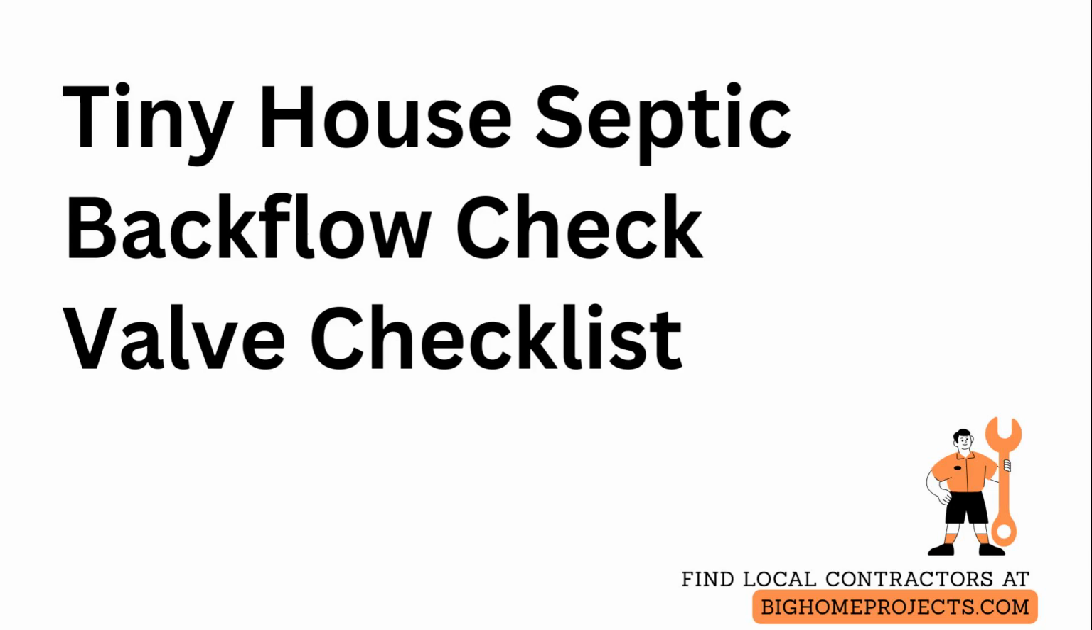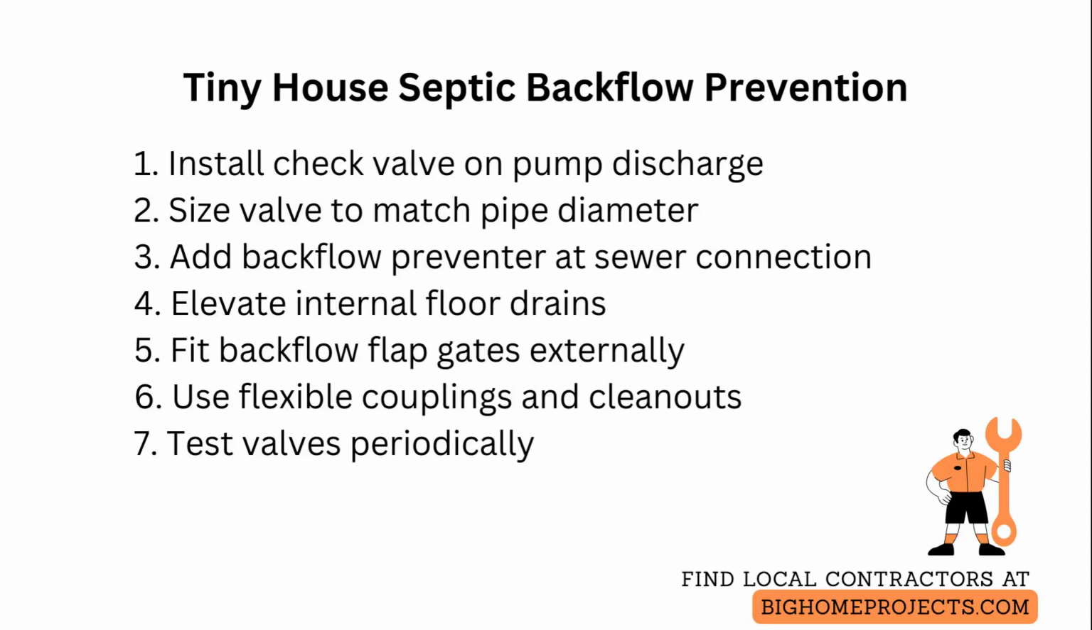Preventing sewage backflow into a tiny house requires a focused backflow prevention plan tailored to the septic system and plumbing layout. Start by identifying every point where wastewater leaves the tiny house and where sewage could return. Then install a check valve on the pump discharge to stop reverse flow from the septic tank back into the living space. Choose a spring-loaded or swing check rated for sewage service and size it to match pipe diameter to